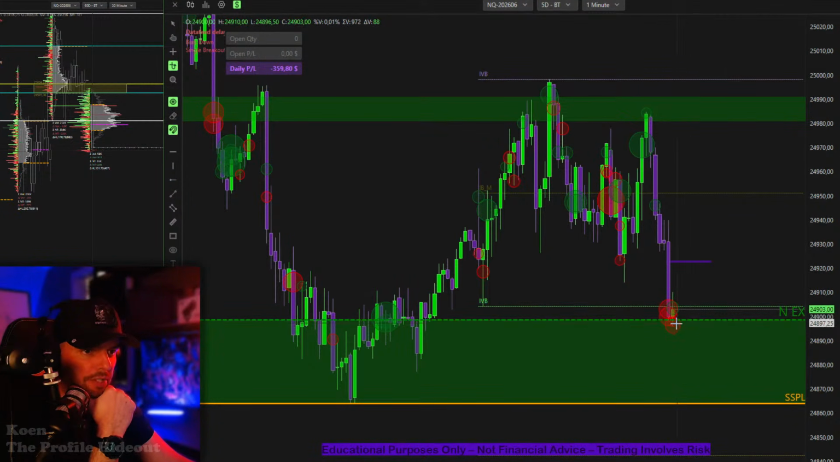Let's see what happens if she does. Kind of feel like I want to punch short here and put my stop above 10s. Too late. It's very late in that move, but usually when she hits the level and does something like this,